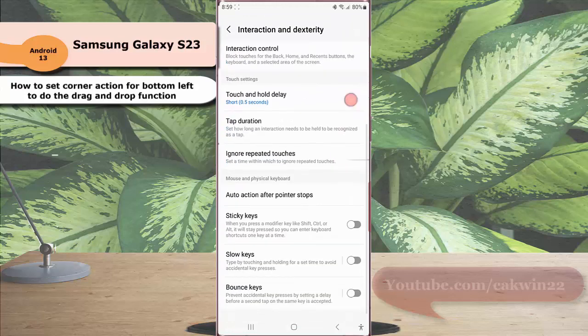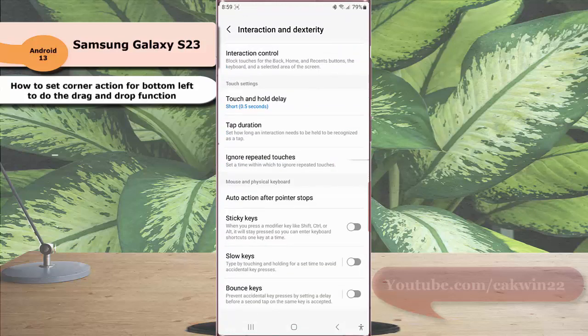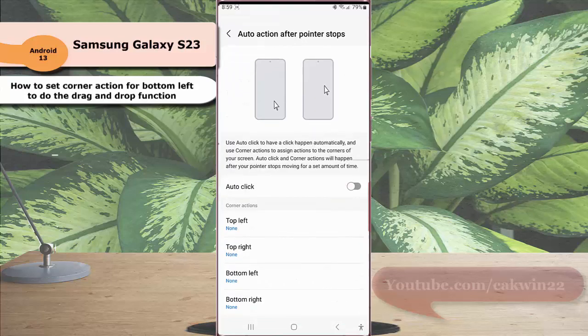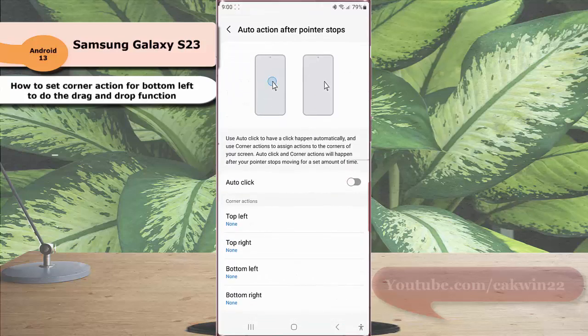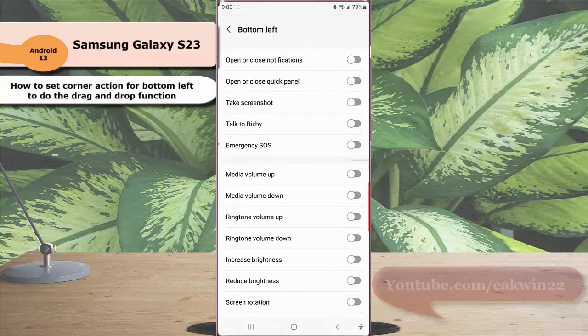Scroll down the screen. Under mouse and physical keyboard section, tap auto action after pointer stop. Under corner action section, tap bottom left. Scroll down the screen